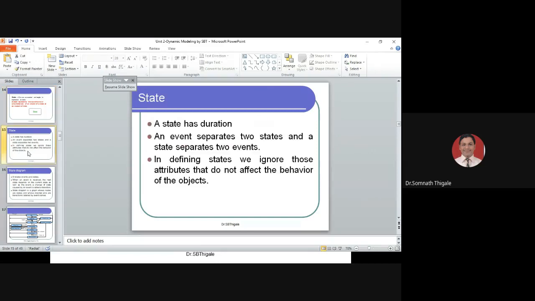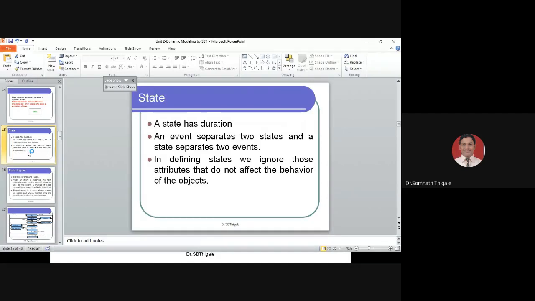Now, as per the characteristics, we can say a state has a duration, meaning that a particular state has some limits: when the state has started, when it has ended, and what the total duration is. So we can say a state has a duration, the simplest part. An event separates two states and a state separates two events.